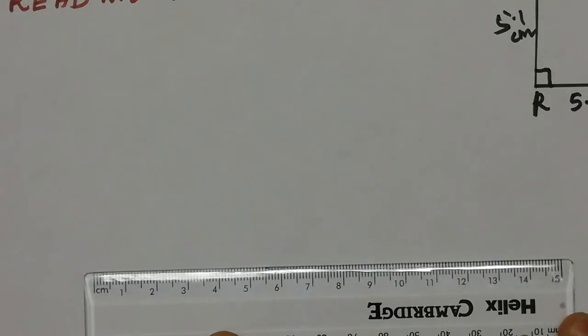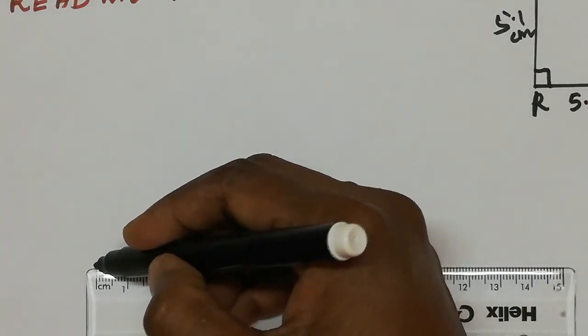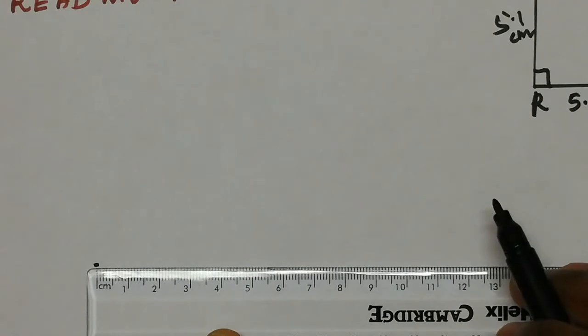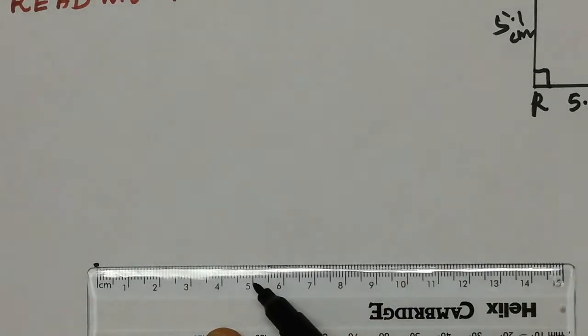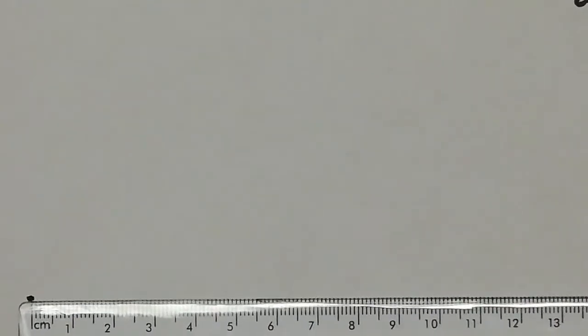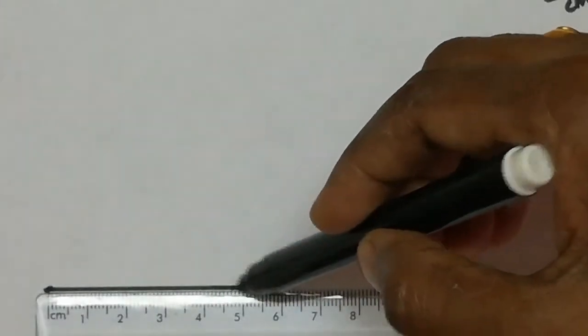I think all of you can see this one, pointing at 0. Then 5.1 means where? This is 5, here. Can you see? This one, 5. Very next small line, the first line, that is 1. So after the 5, the first small line is 5.1 centimeter. We just point it out. Now we can join those dots.